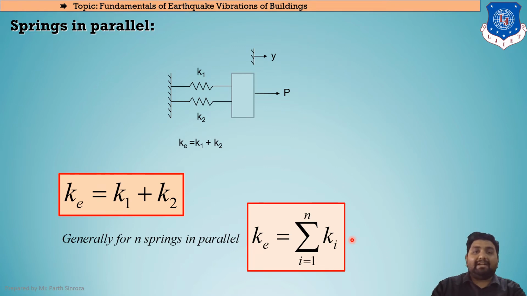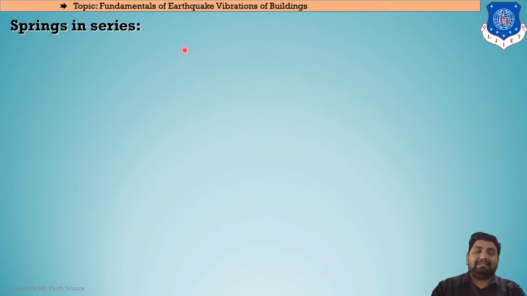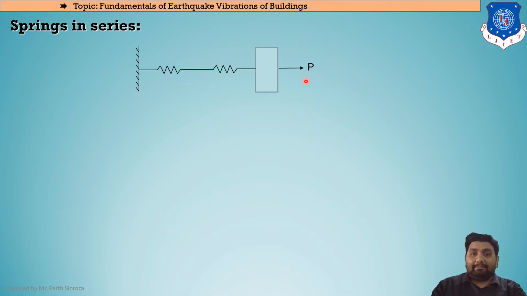Now the second part that we'll be dealing with is springs in series. To follow springs in series, we must take an example. Let us assume that again there is a mass m connected to a rigid support, but this time it is connected via two springs placed in series. Clear? As you can see here, this is the first spring and this is the second spring. The force P is applied, and after applying the force P, there will be a displacement of y in the horizontal direction. Here the stiffness constants are K1 and K2. K1 belongs to spring 1 and K2 is the coefficient of spring 2.